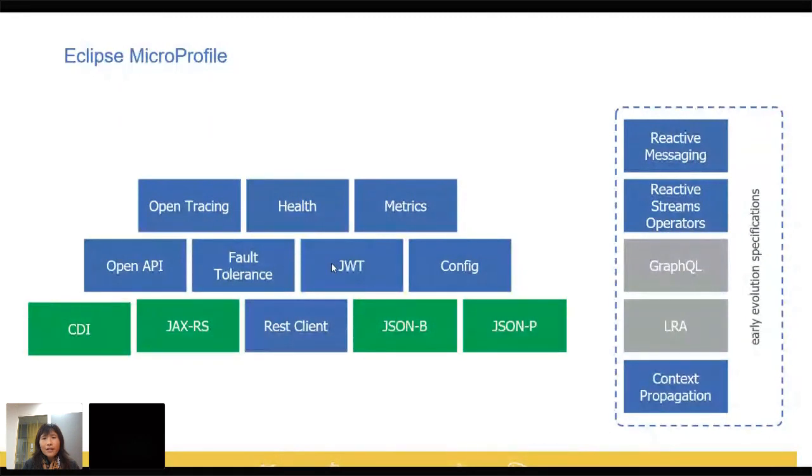On the right-hand side, they are individual specifications because they are not in the umbrella spec, because we need to get more feedback before we merge into the umbrella spec. So they are reactive messaging and reactive stream operators. If you are trying to do reactive, check these specifications out. And also context propagation is for the